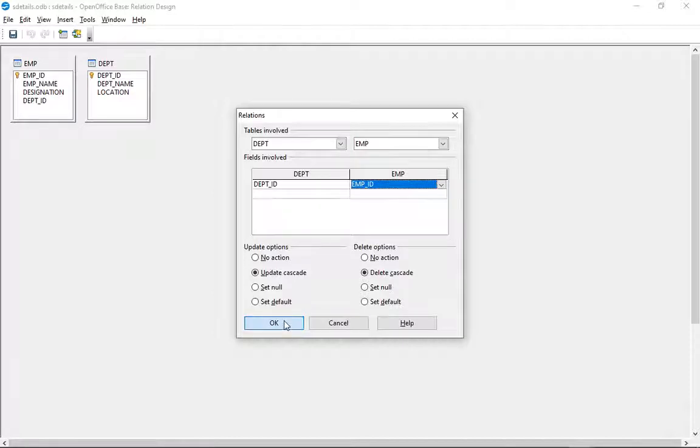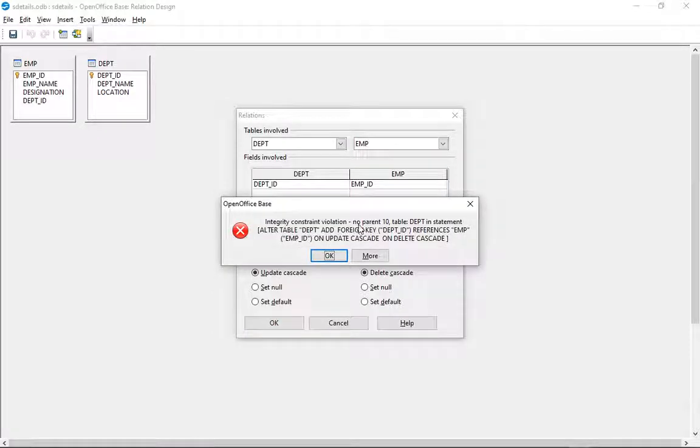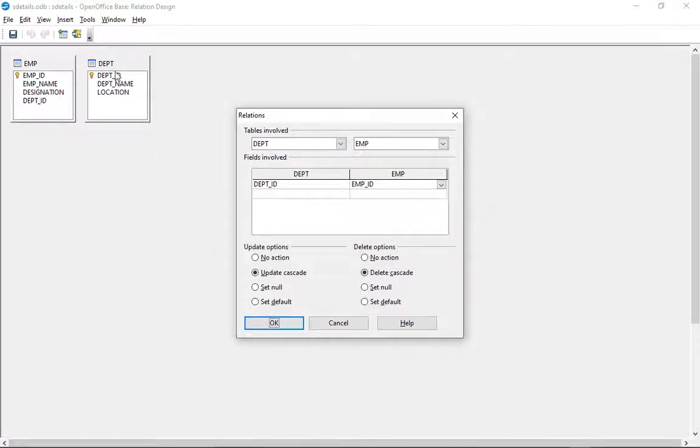Employment ID. If you click on OK, integrity constraint violation, no parent 10 table department in statement. Because in this table we have 10 and 20, isn't it? In employee we have department ID 10 and 20, but in department we don't have department ID 10 or 20.